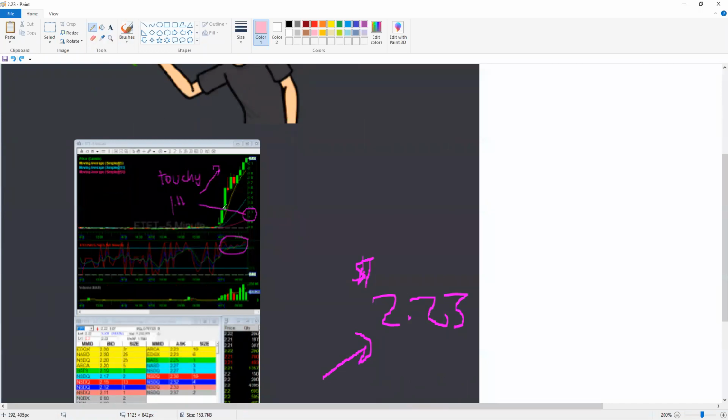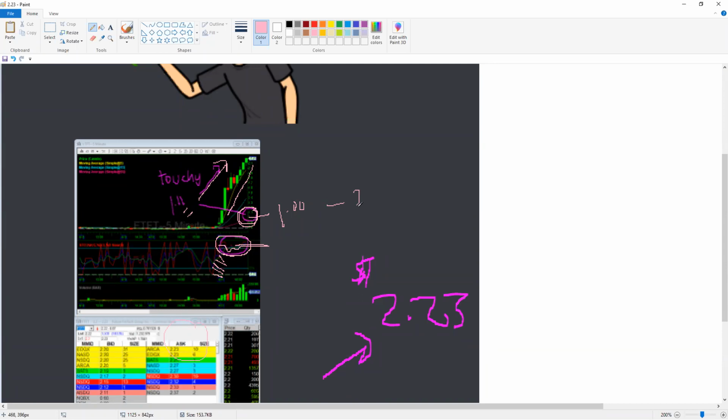This chart right here, on this circle where I bought it right here is $1. We're looking for it to touch 11. We have this thing called touchy 11. If it touches 11, it should rip. And it touched 11 and it went right up. Rail grind. Look, 1, 2, 3, 4, 5 up in the rail grind. It's staying above this percent the whole way. And we rode it all the way up to